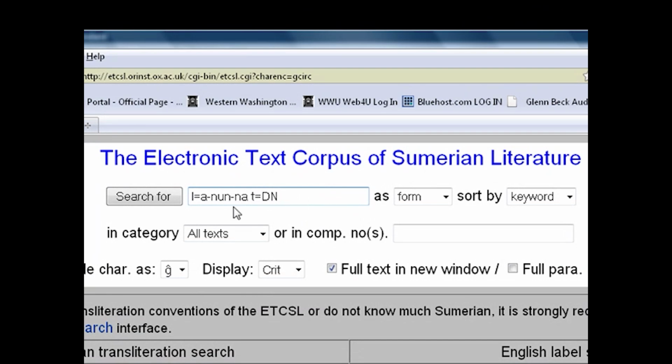This tells the search engine that it's looking for Anuna, and it's a deity name. Just leave form the way it is. After you do this search, you can come back and play with this a little bit and sort by keyword, and you're searching all the texts in the corpus. So once you've done that, just hit your enter key,